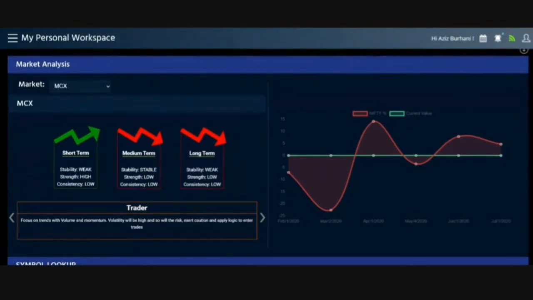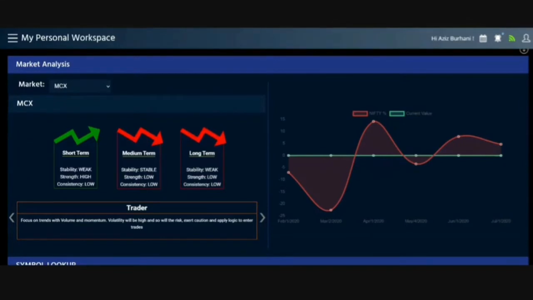The market analysis, or the market outlook, as we call it, gives you a complete picture and perspective of the market, unlike Nifty and Sensex, as it analyzes all the stocks in the given market. Nifty and Sensex as barometers are very narrow barometers to gauge the market trend, or which way the market is going. Because Nifty is 50 stocks, Sensex is 30 stocks, and even in the 50 stocks of Nifty, the top 10 stocks constitute almost 60 to 62% of the weightage. So if 4 or 5 of those 10 stocks are doing well, you can safely assume that Nifty will do well. But that does not mean that the market is doing well.